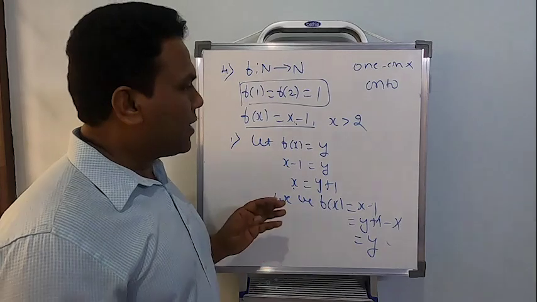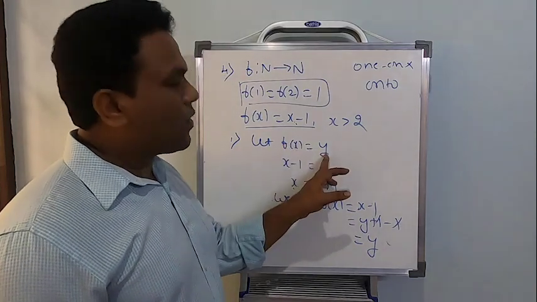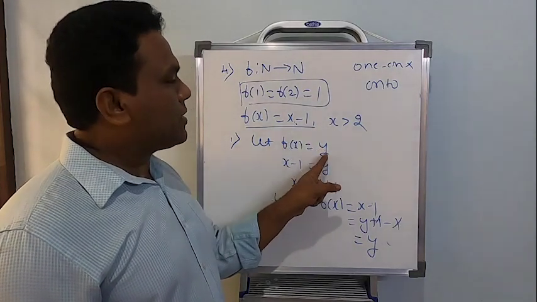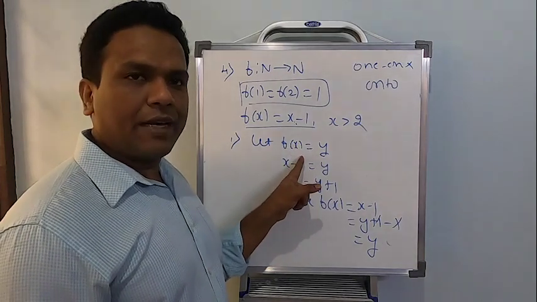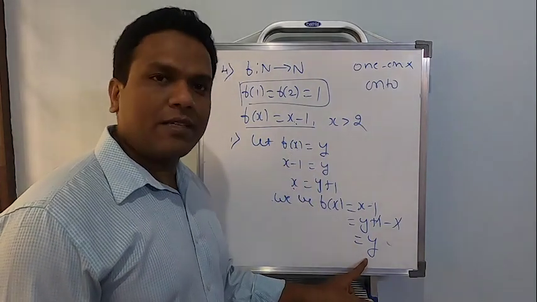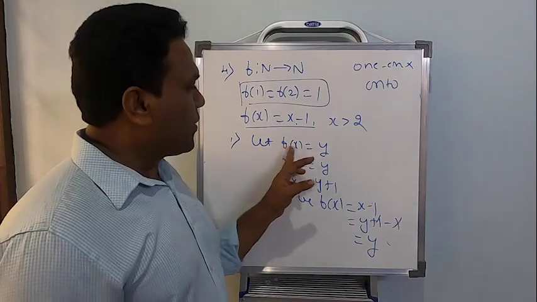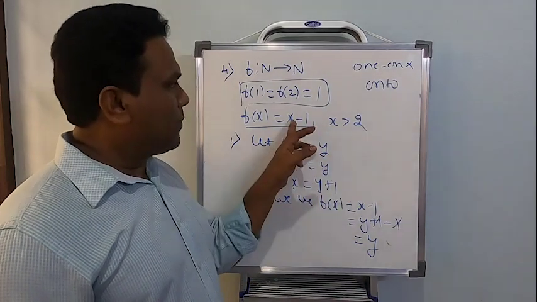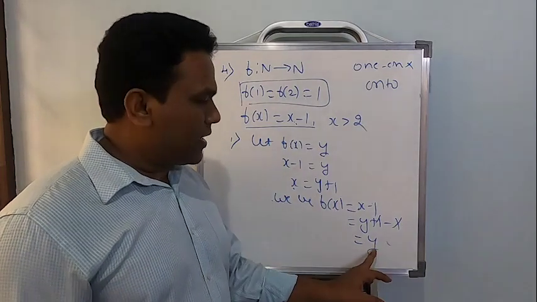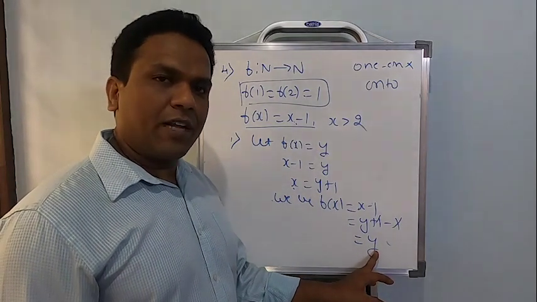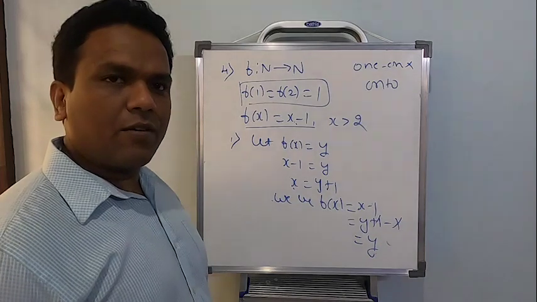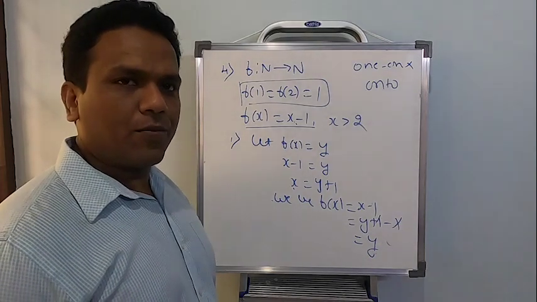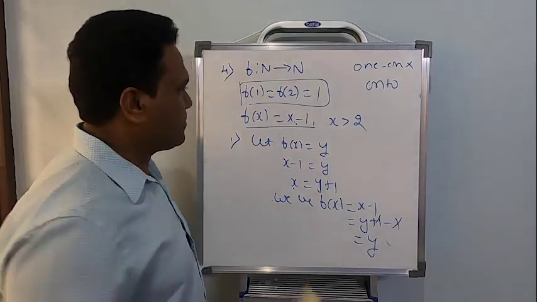So this is the way to check for onto. You assume f of x equal to y. Assume means you are assuming that y is the image of x under the function f, but you should prove this at the end of it. Okay, so assume f of x equal to y. Simplify, find out x. This x will be replaced in the given function. And if after simplifying you are getting back y, hence you can say the given function is going to be onto. This is the condition-wise method.